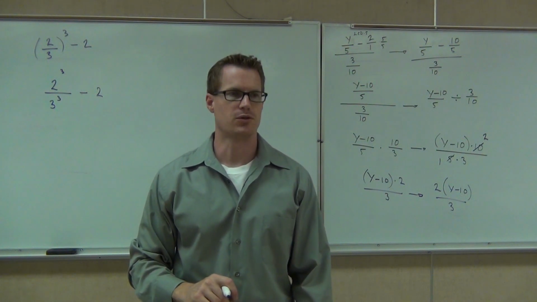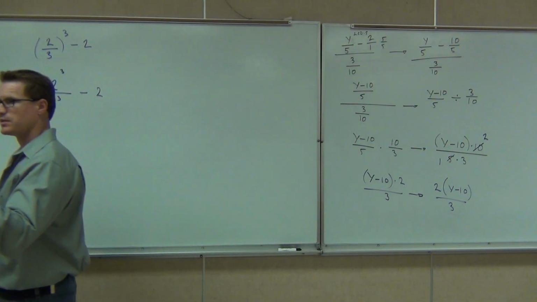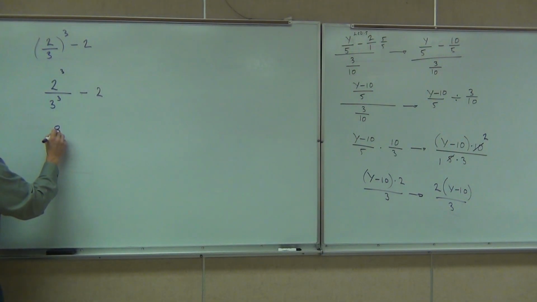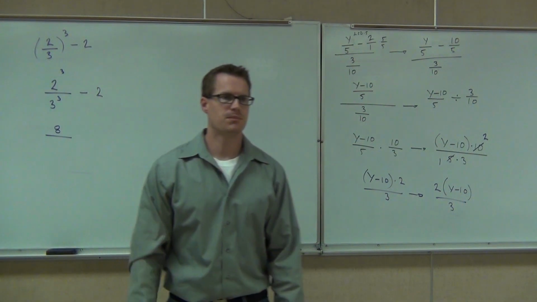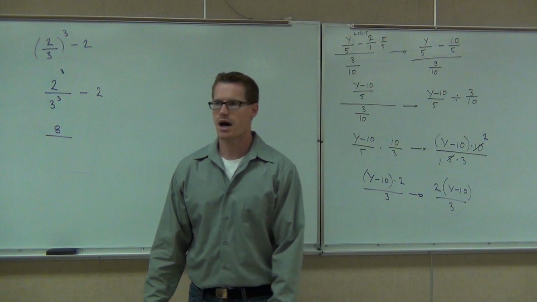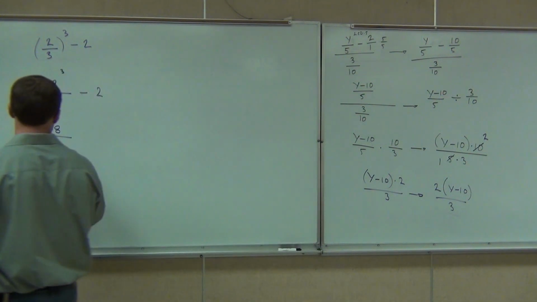How much is 2 to the 3rd? 6 or 8? 8. Good, because 2 to the 3rd means 2 times 2 times 2. That's 8. Now 3 to the 3rd, I want you to think about that one, don't say it out loud yet. 3 to the 3rd, is it 9 or 27? 27. Good, that means 3 times 3 times 3, so 27